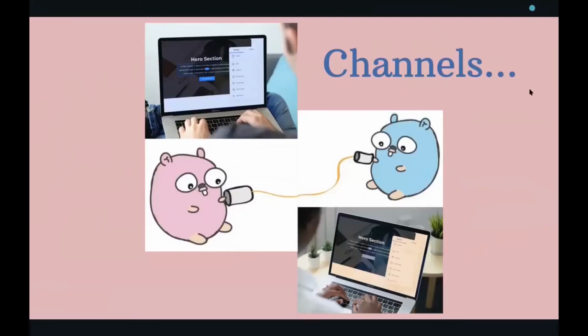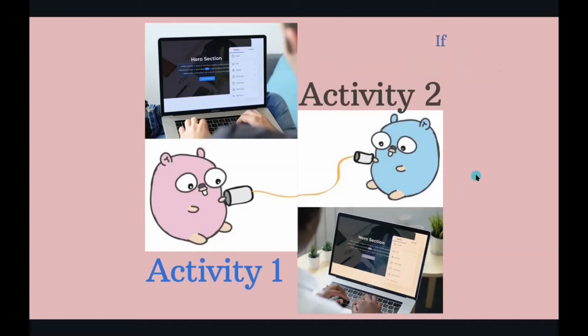let's go back to this example again. With channels, yeah, this diagram is totally, I just made it up in a couple of minutes, so apologize for that. Really, really simple, basic example here. So going back to the example, activity 1 and activity 2, they are executing concurrently, right? Designer 1 is updating a website at the same time. Designer 2 is also updating at the same time. But if you have a channel in between,